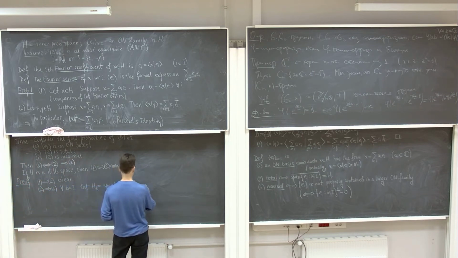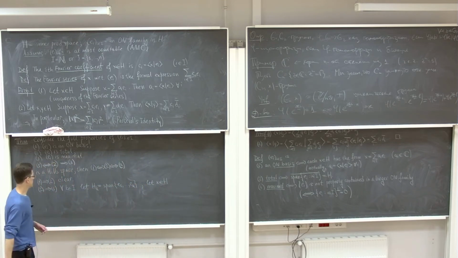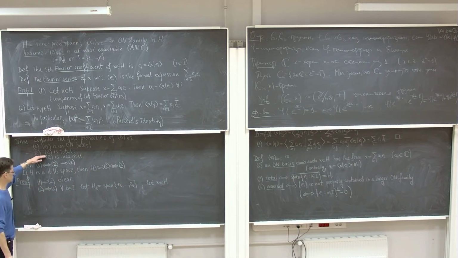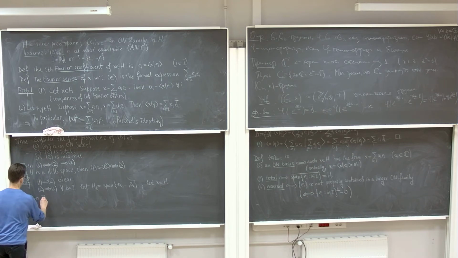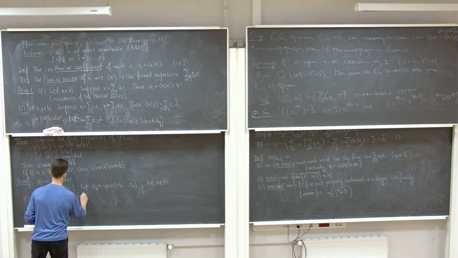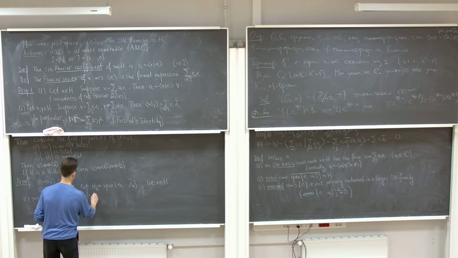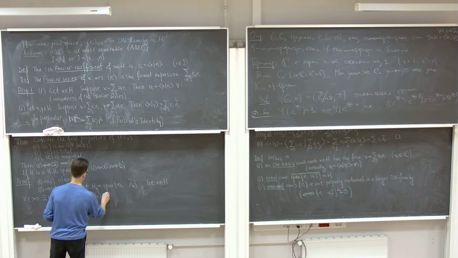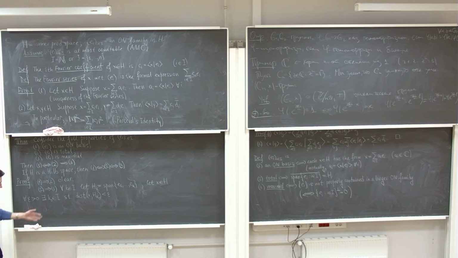And let little x be an element in our space. So by assumption 2, for each positive epsilon, we can find an index k0 in I such that the distance between x and hk0 is less than epsilon. This means exactly that x can be approximated by a finite linear combination of our elements.